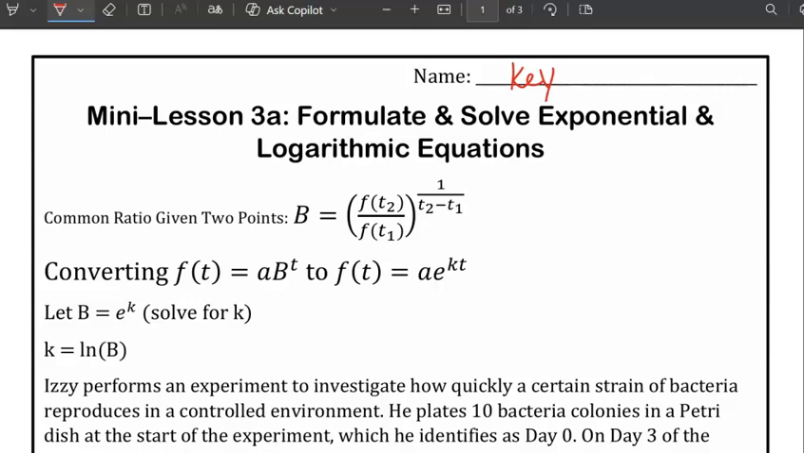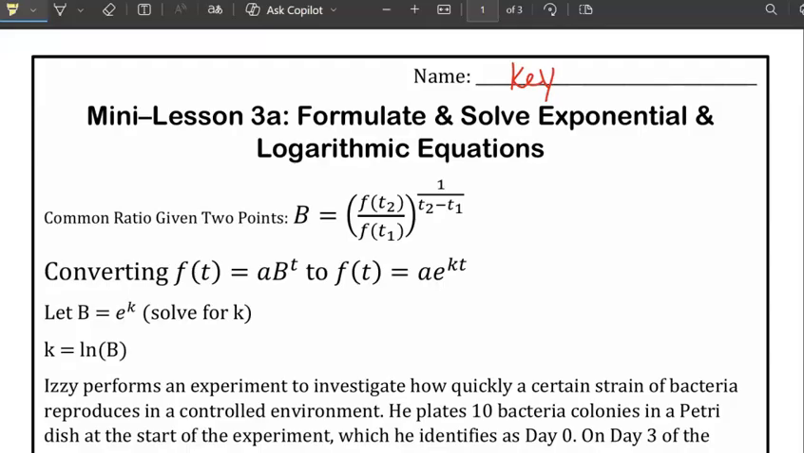Mini lesson 3A, formulate and solve exponential and logarithmic equations. Common ratio given 2 points: b equals f of t2 over f of t1 raised to the 1 over t2 minus t1 power. Converting f of t equals a b to the t power to f of t equals a e to the kt